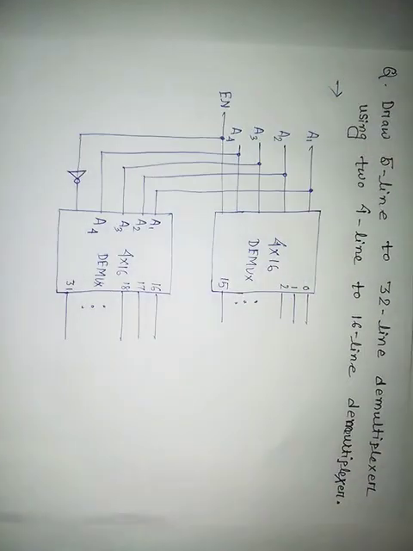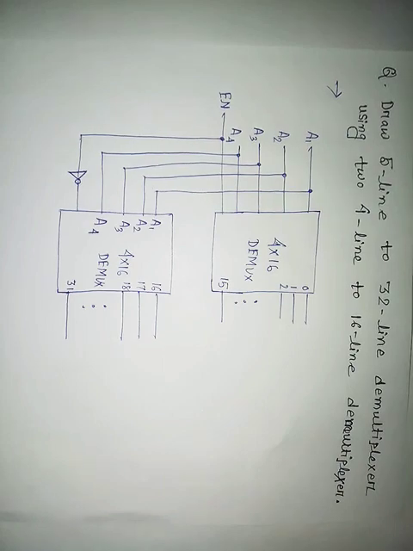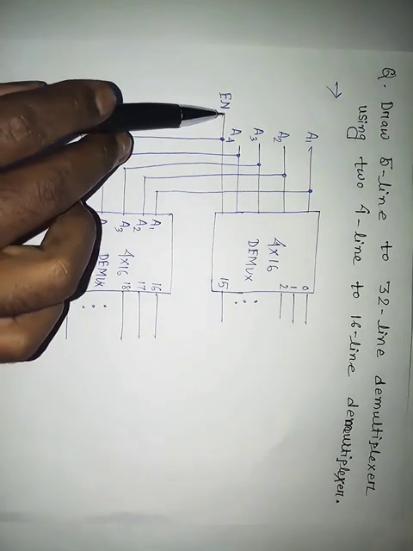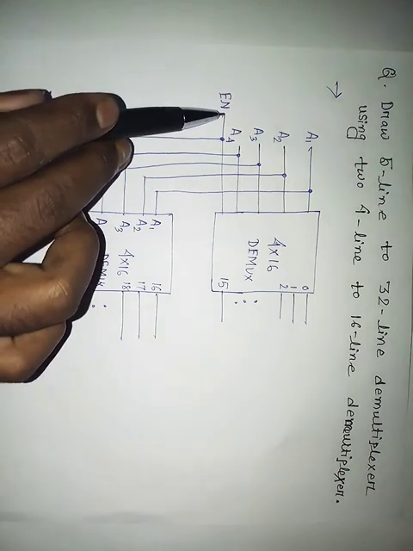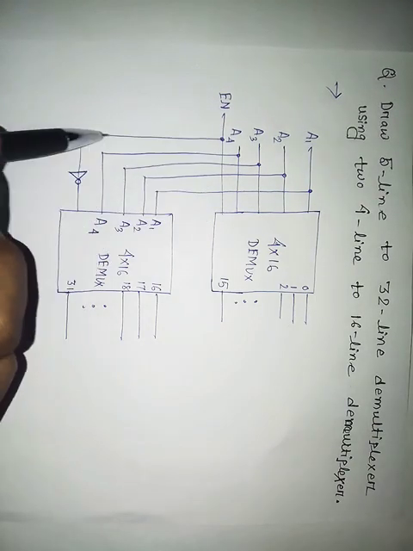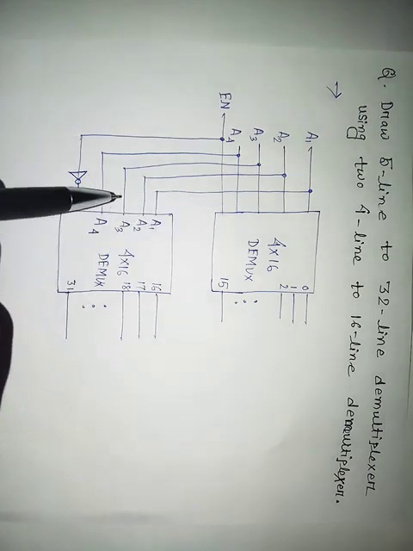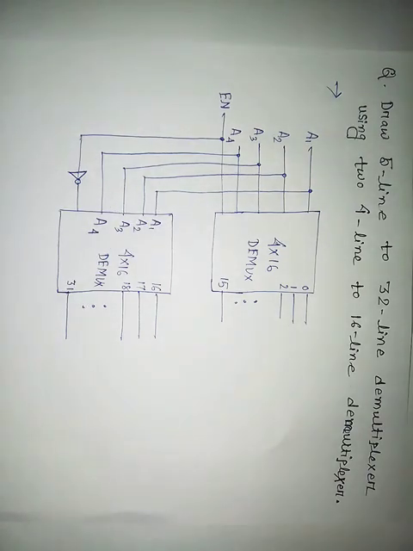Total line is 5. So you see, when we are using more than one combination, we are always creating another signal that is commonly known as enable signal. So we are connecting an enable signal here. And also you remember it, when you connect one enable signal, one is a real, another is an inverted, because two operations are not at the same time, one operation at a time. So for this part they will connect a NOT gate here.